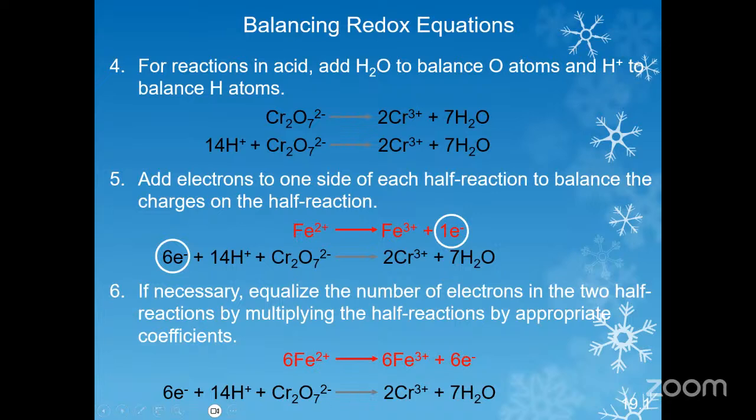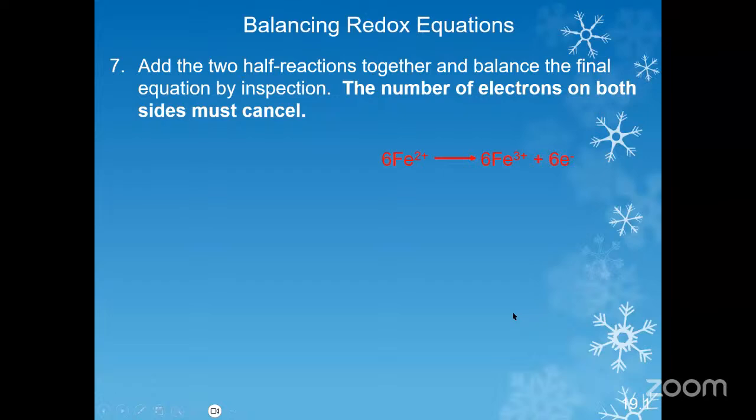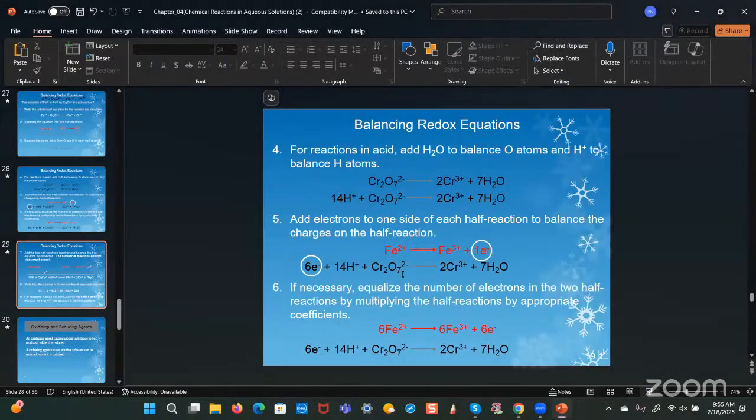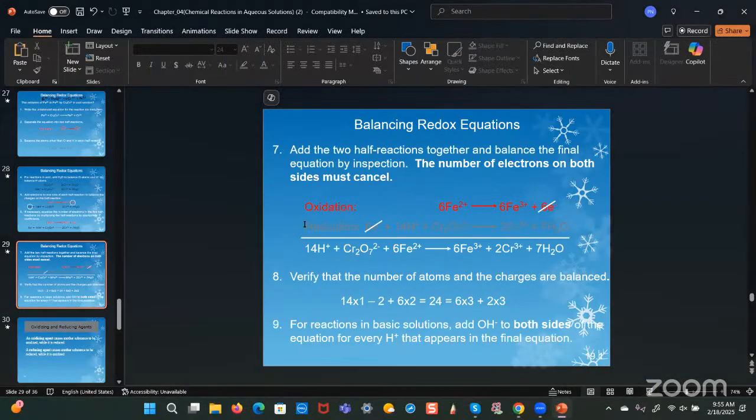So when you add these 2 equations, those 6 electrons will cancel out, and what you'll be left with will be the resulting equation. Trouble again. I'm sorry about that, folks. Let me